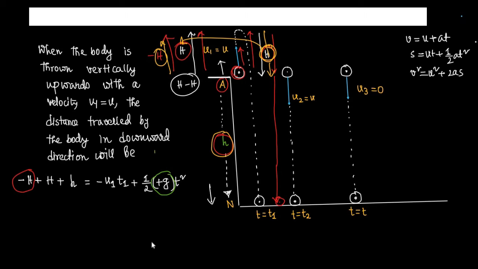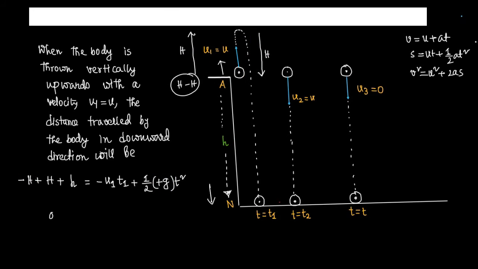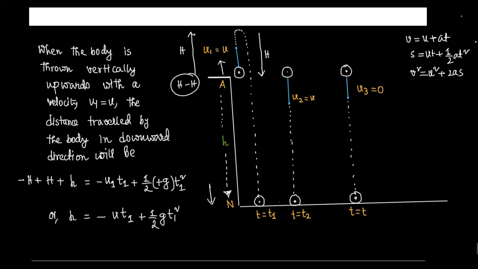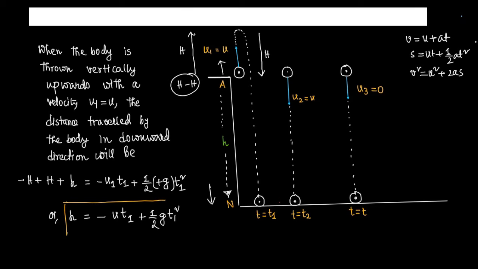And as we are considering downward motion, acceleration will be plus g. Finally, we get small h, that is the total displacement during downward motion of the body, will be equal to minus u t1 plus half g t1 square. Small h is the height of the tower, and that is also the displacement of the body during downward motion